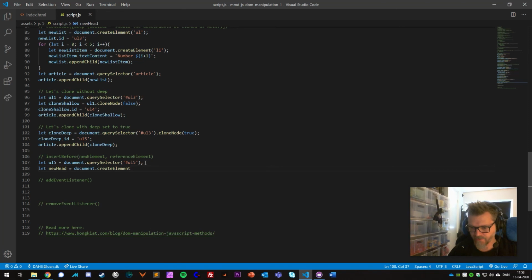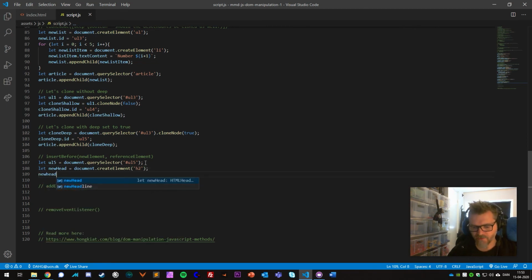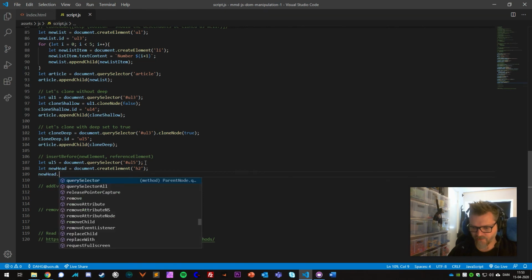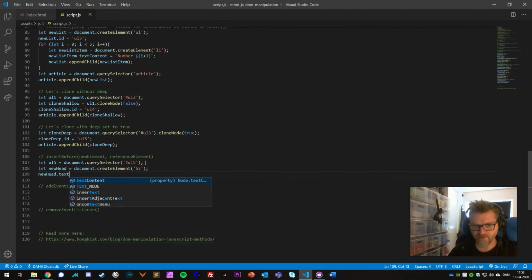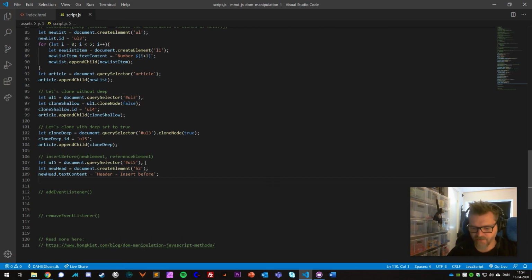Document createElement, and I want to make an H2, and then we say, well, we want to add some text to it. New head dot text content, set that to be equal to header insertBefore, so that we know which one it is when we see it. And then we say UL5, which is our unordered list 5, and